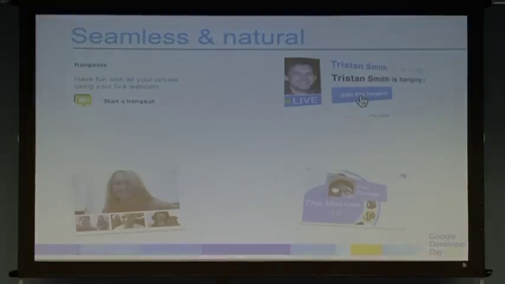And one more piece that's sort of unique to Hangouts is the richness of the video experience. You can have up to 10 people in a Hangout with high quality audio, video, and chat. And people can come and they can go. You can invite new people, but it's a high quality experience that traditionally you have to pay a lot of money to even get close to that. And it's a free product.